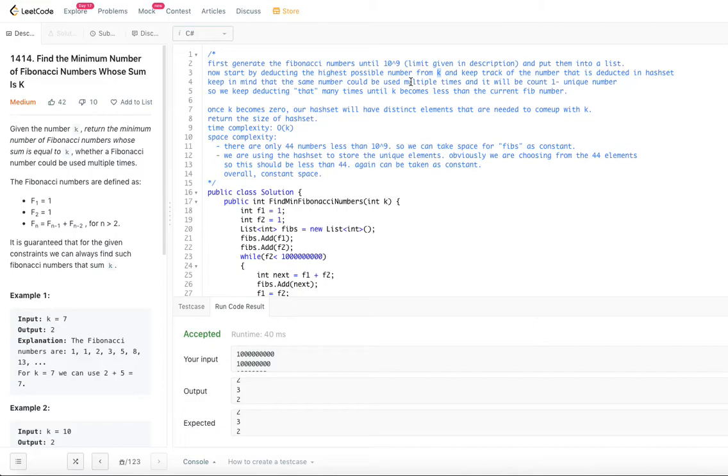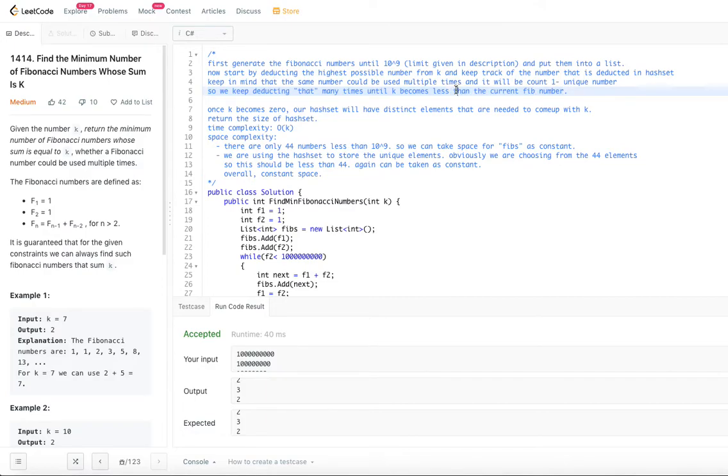That's basically the understanding. We have to keep in mind that a given Fibonacci number could be used multiple times. So we will keep deducting that many times until k becomes less than the current Fibonacci number.